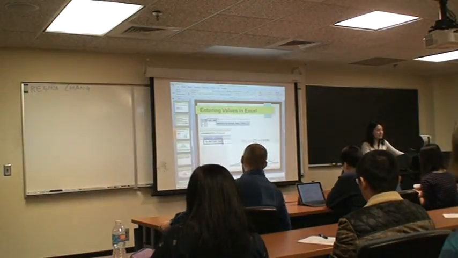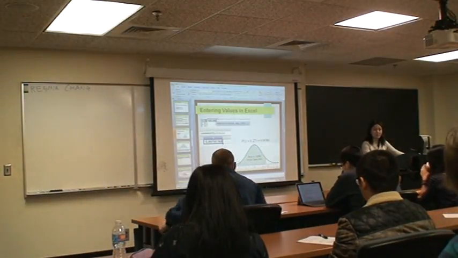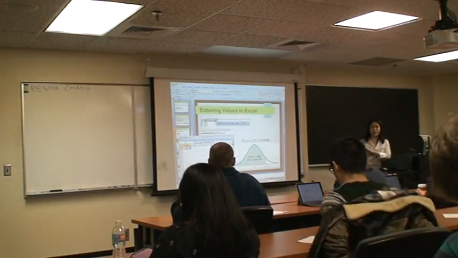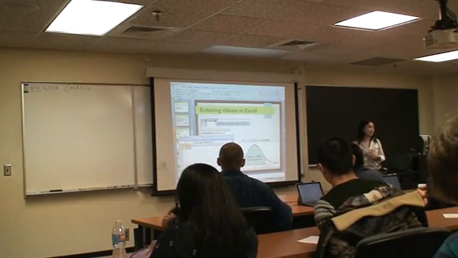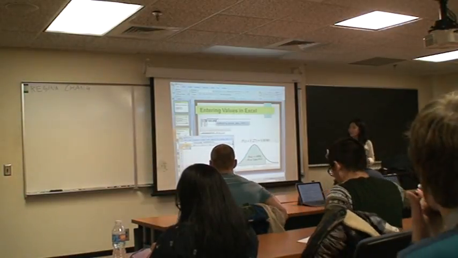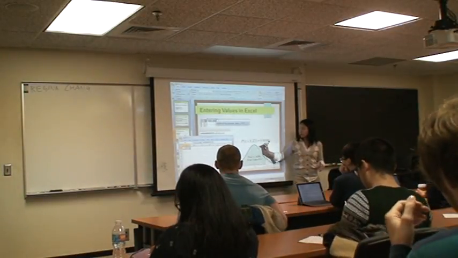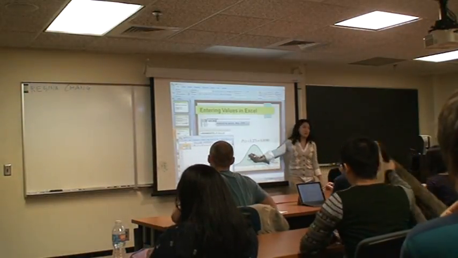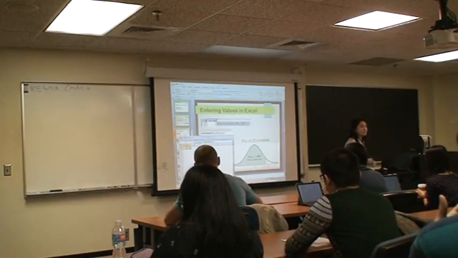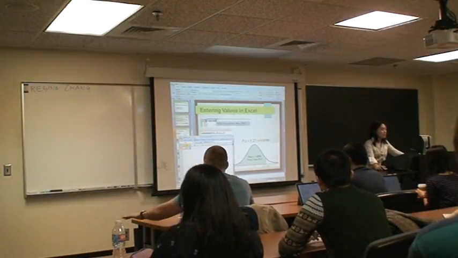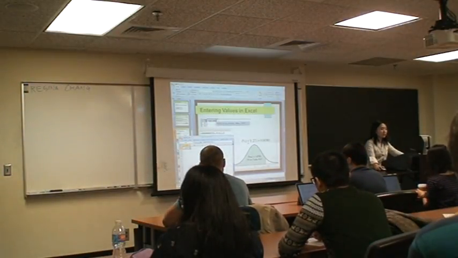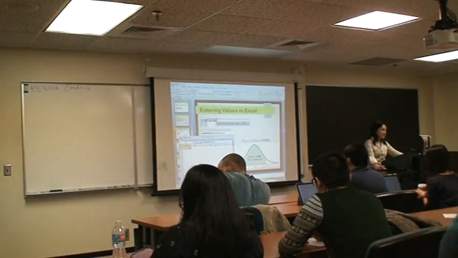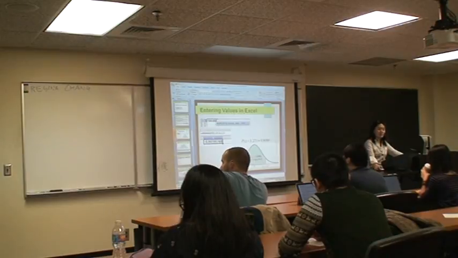I'm finding the area to the left of 1.27. Excel doesn't ask you whether you're shading to the right or shading to the left. It just always assumes that you're asking for the probability that is less than whatever value you're putting in. So Excel always automatically assumes you're shading to the left. Just keep that in mind when you're entering in your numbers. Make sure you understand if you're looking for a value that z is less than or a value that z is greater than, because that will impact what your answer is going